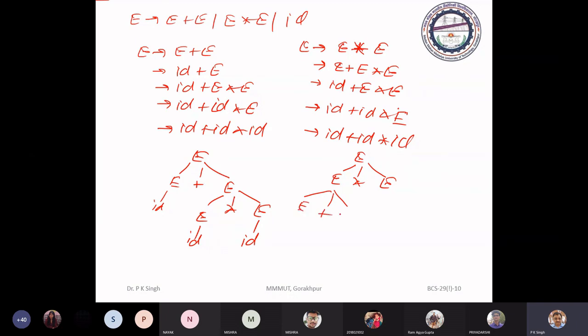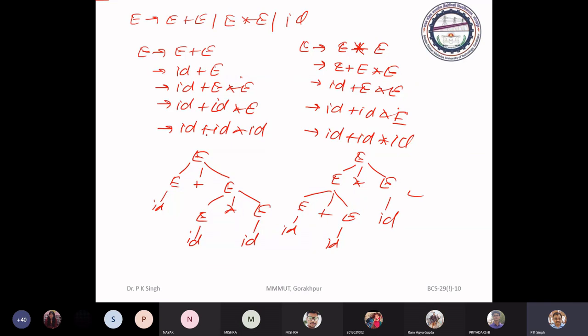E plus E. For this derivation, this syntax tree will be generated, and for this derivation, this other syntax tree will be generated.